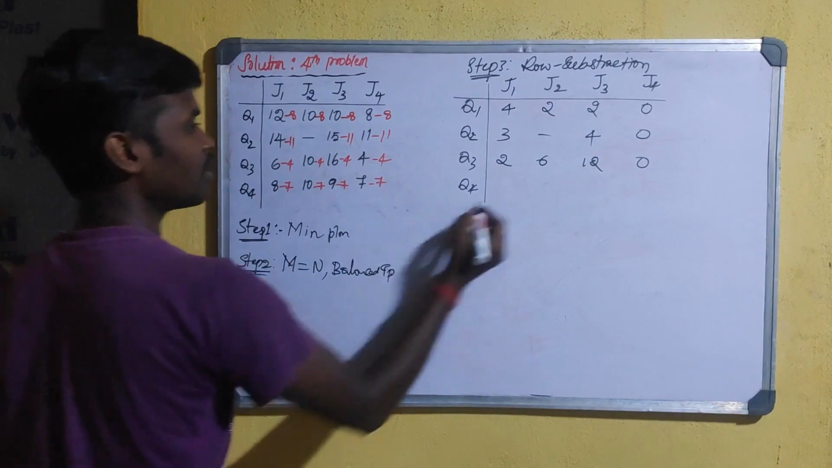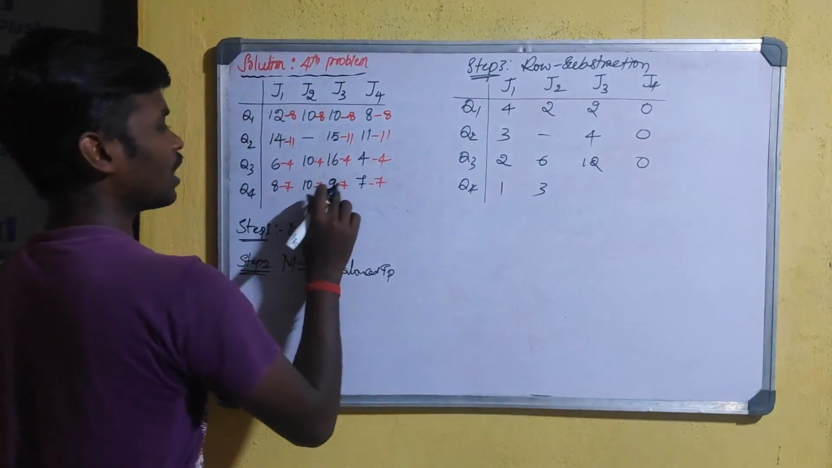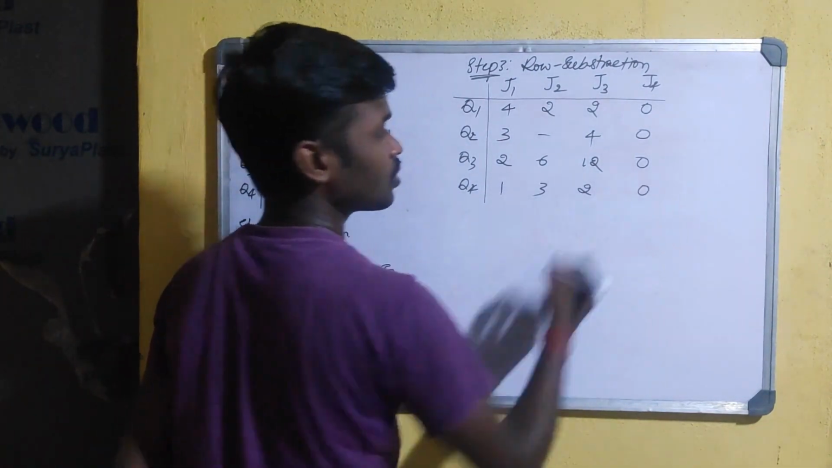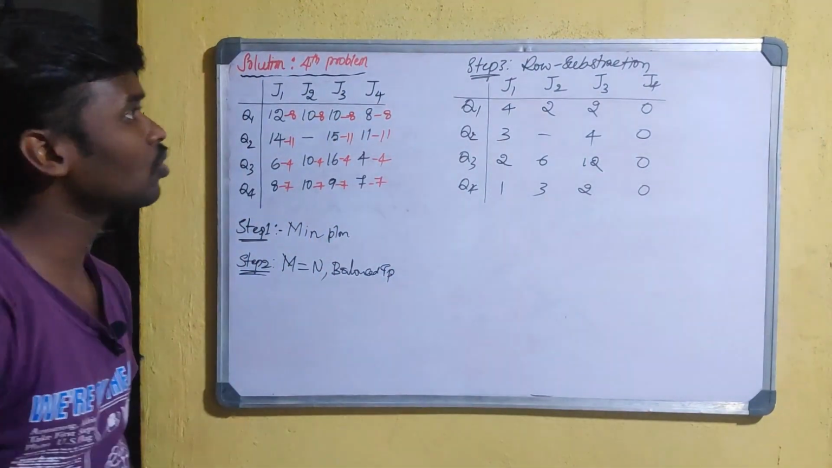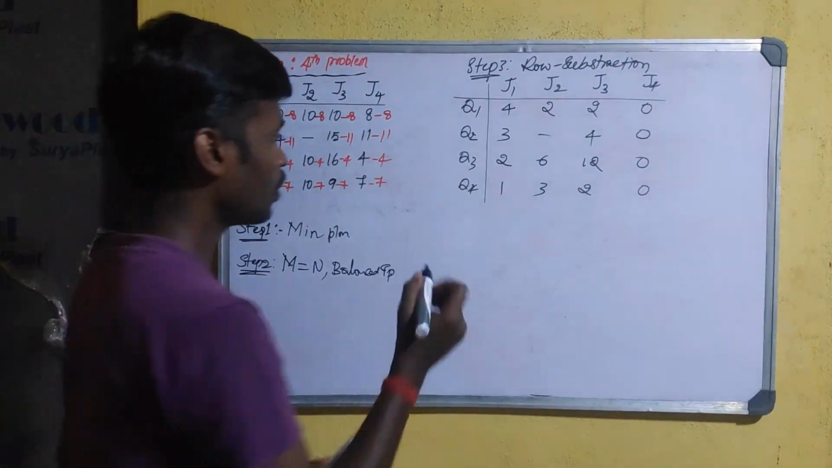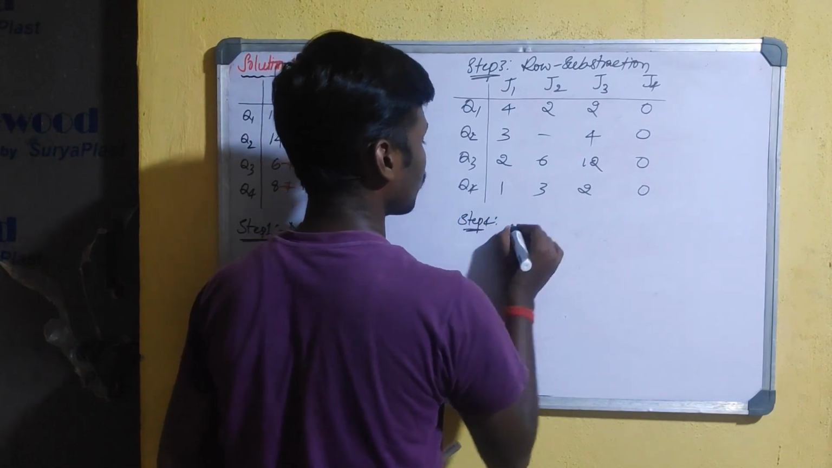Next, 8 minus 7, 1. 10 minus 7, 3. 9 minus 7, 2. 7 minus 7, 0. Okay, so after row subtraction, or after the third step, the next step is column subtraction. So step number 4,